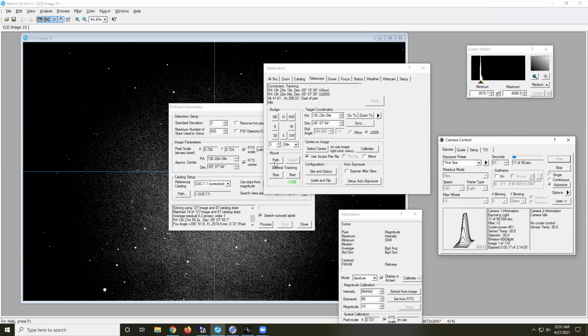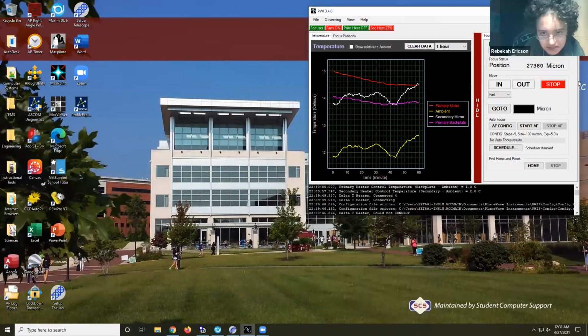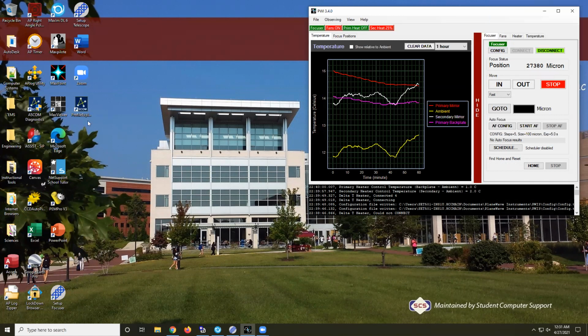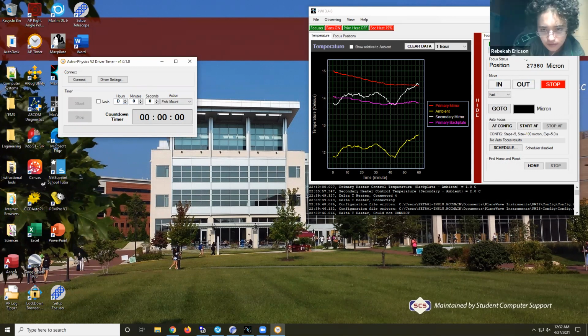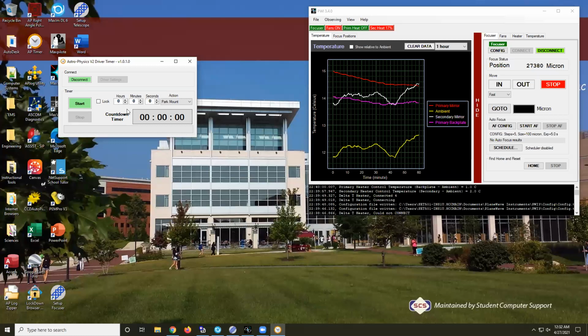So if you minimize MaximDL for a minute, just minimize the window. There's a yellow clock. Not that stuff. That stuff's just the focuser, which is fine. We didn't do anything with the focuser tonight. We could have checked the focus, but I'm pretty sure it looked fine. But go ahead and click connect. Oh, no, that's config. In the window you just opened. Yeah, connect. So now you're connected to the